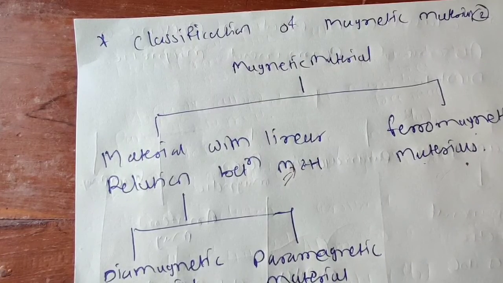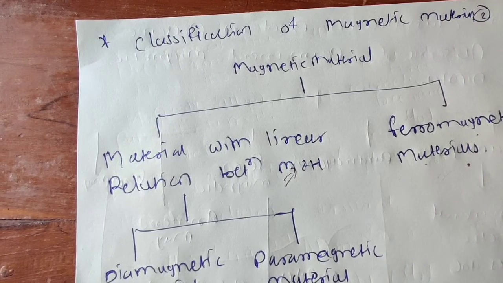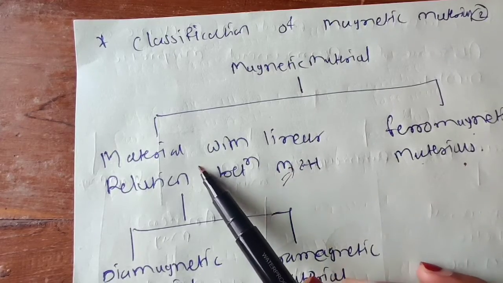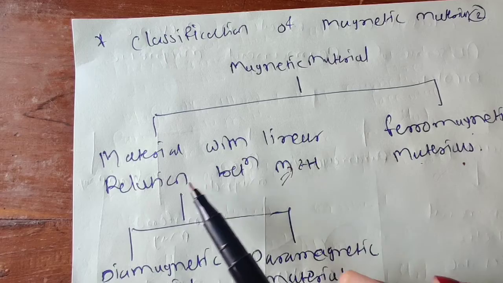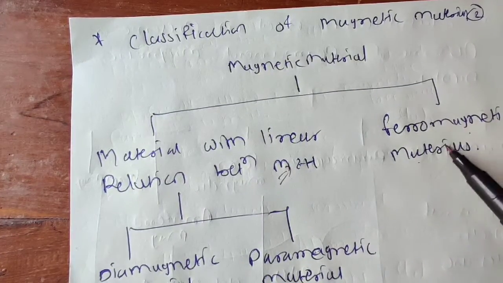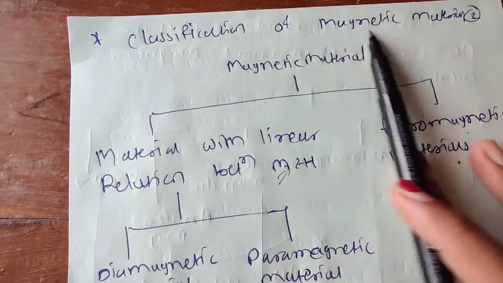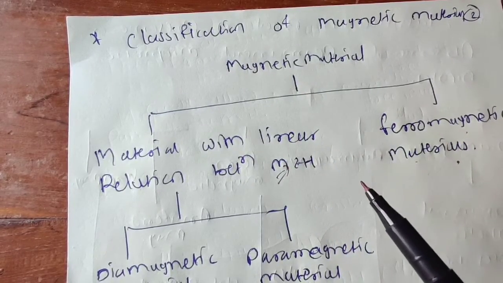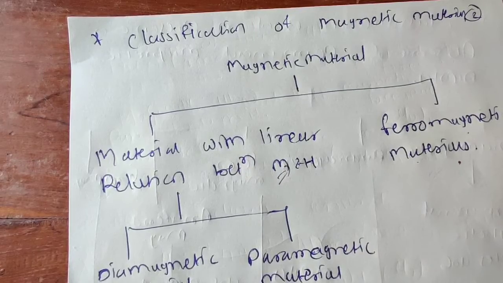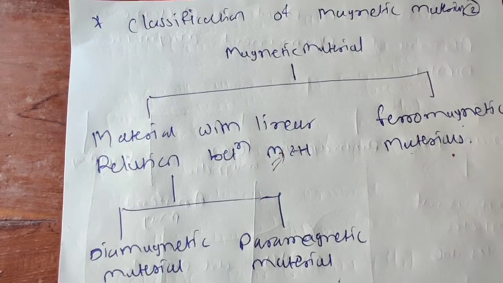Now the ferromagnetic material. This is the third type of magnetic material, in which we have a non-linear relationship between M and H. One material has a linear relationship between M and H, and one material has a non-linear characteristic between M and H. So you can classify the magnetic material. In ferromagnetic materials, the magnetization is 1 to several times that of mu 0 Henry. So you can consider this as a classification.